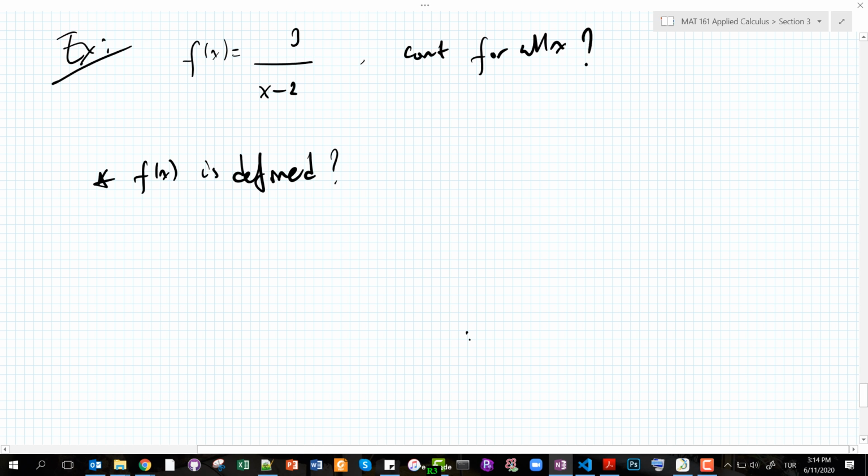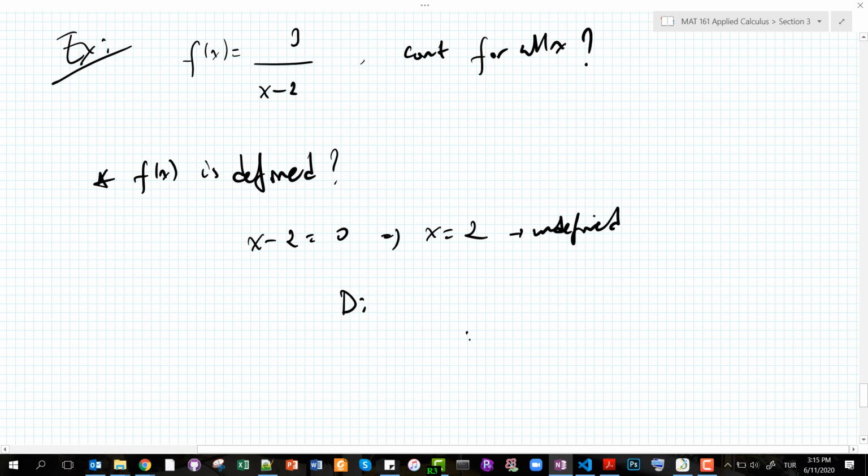I'm asking basically the first condition, whether my function is defined. If you look at the bottom part, the value which makes the denominator 0 would be the undefined point. If you use x equal 2, this is going to be undefined. This makes my function undefined. That's why, to make this function continuous, I need to throw this one to the garbage